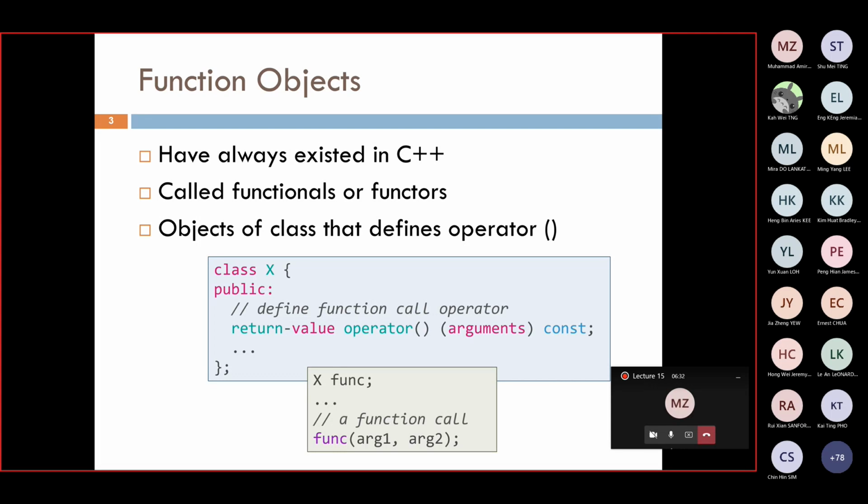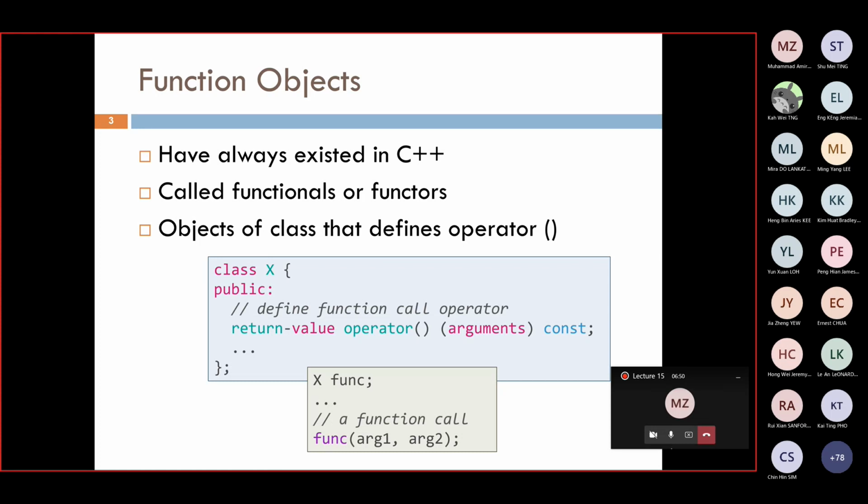But I think it's still useful to look at function objects. There are places where you may find them more useful, especially if you have to capture some complex state,